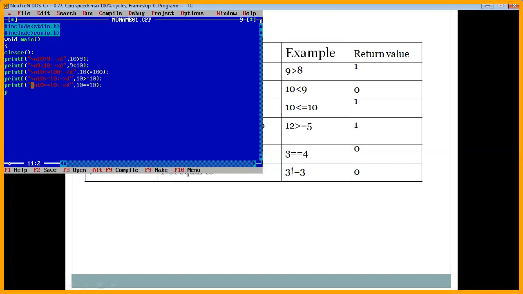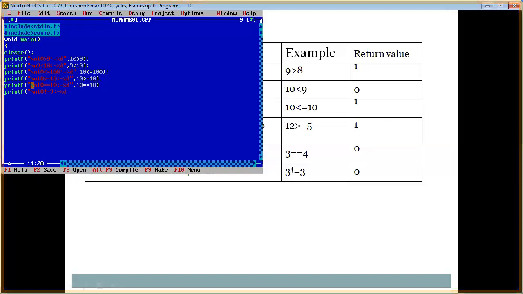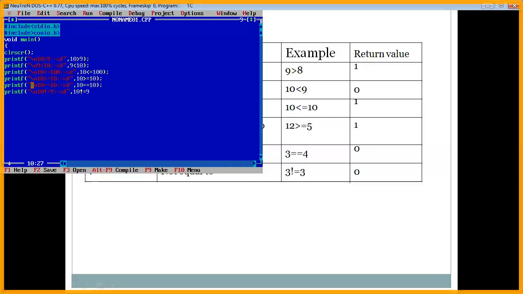Next printf, I am going to display not equal to. I'm using 10 is not equal to 9.